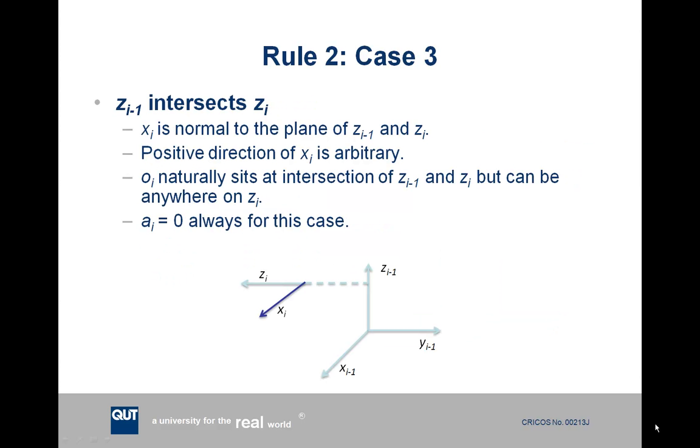Case number 3 for applying rule 2 is when your previous Z axis intersects with your Zi axis, as shown in this diagram. So what you do in this situation is you set your Xi axis to be normal to the plane that is